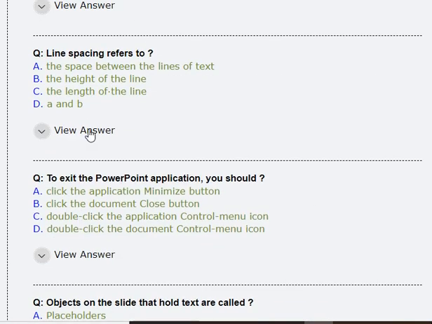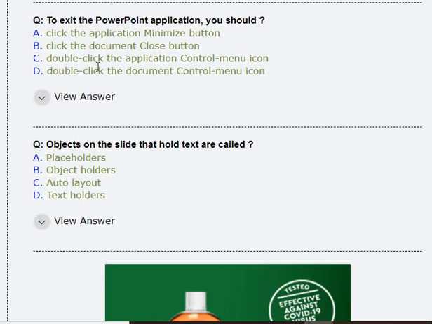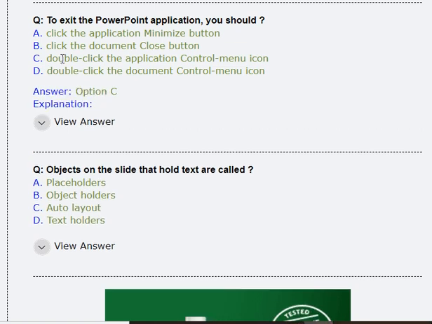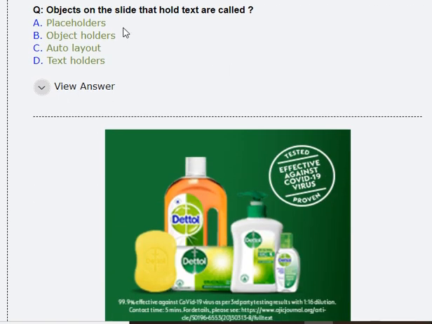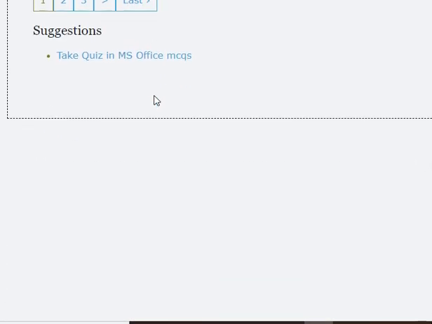Line spacing refers to option A, the space between the lines of the text. To exit the PowerPoint application, you should option C, double click the application control menu icon. Objects on the slide that hold text are called A, placeholder.